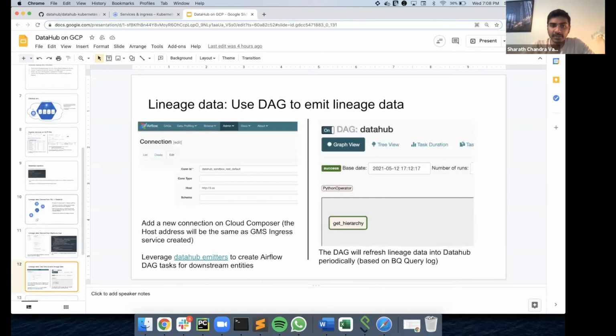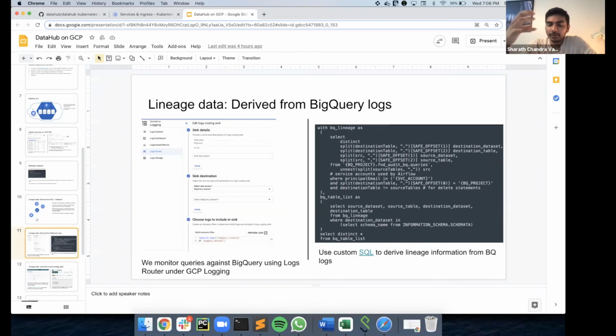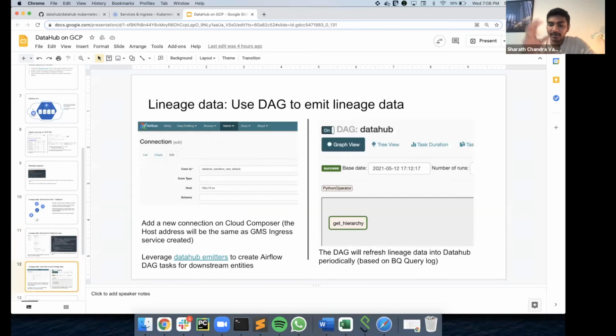Once you have this information, what you're trying to do is use the emitter task to embed each of these source or destination tables into an emitter task and create a tag out of it, and use this tag to push the data into Data Hub. So the next step was basically to take all of this log data, create a sort of source and destination hierarchy, and then using the template that is given by Data Hub, create an emitter task. And using that emitter task, we create a DAG that is then executed or scheduled however frequently you want.